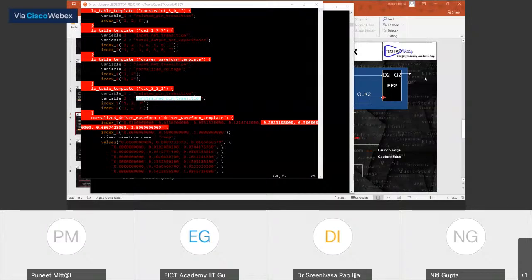So let me just draw the diagram and then explain. Here you're asking whether setup and hold can both happen or not. So basically for this particular edge, this is my setup, this is basically the setup we are talking about.